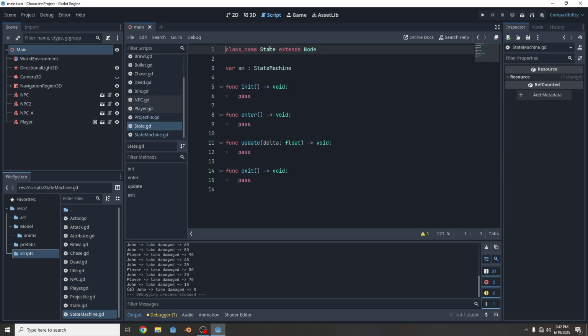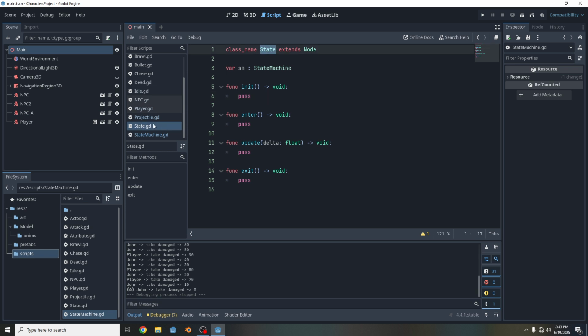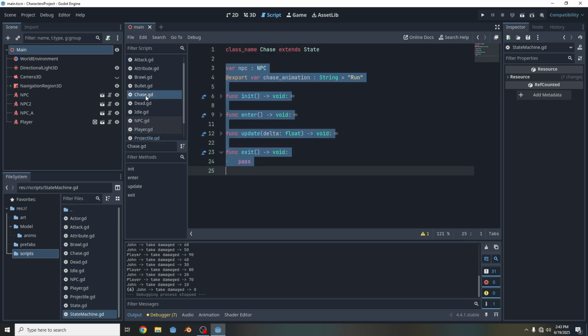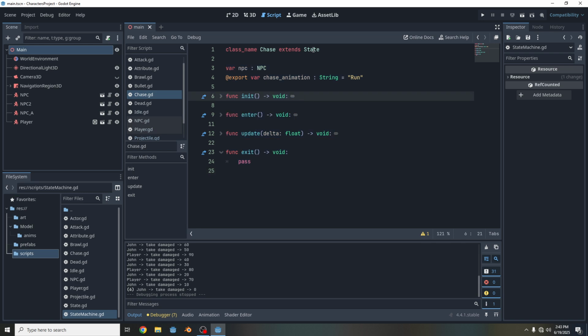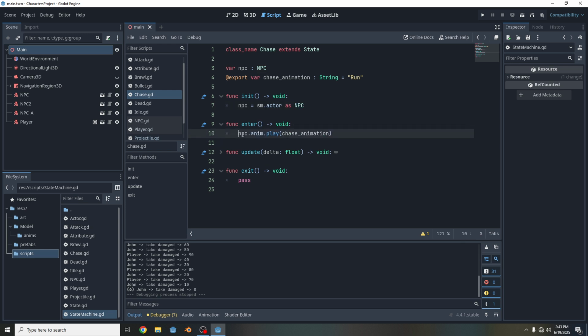So this is the state class, the base state class. It has an init for initialization, and then enter, update, and exit functions. These functions are going to be overridden when we inherit from the state class. So I created a chase state over here. You can see we inherit from the state class, and then we initialize getting the NPC. We get the NPC, the actor, and then we enter the state by playing an animation,